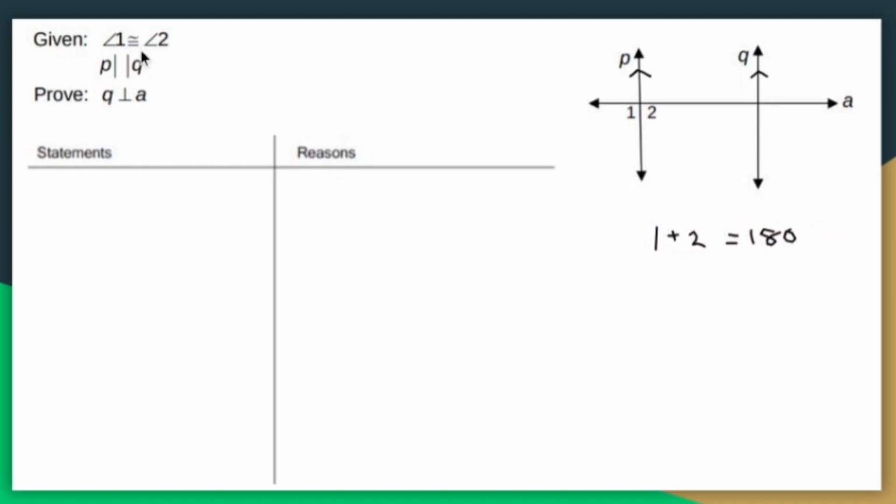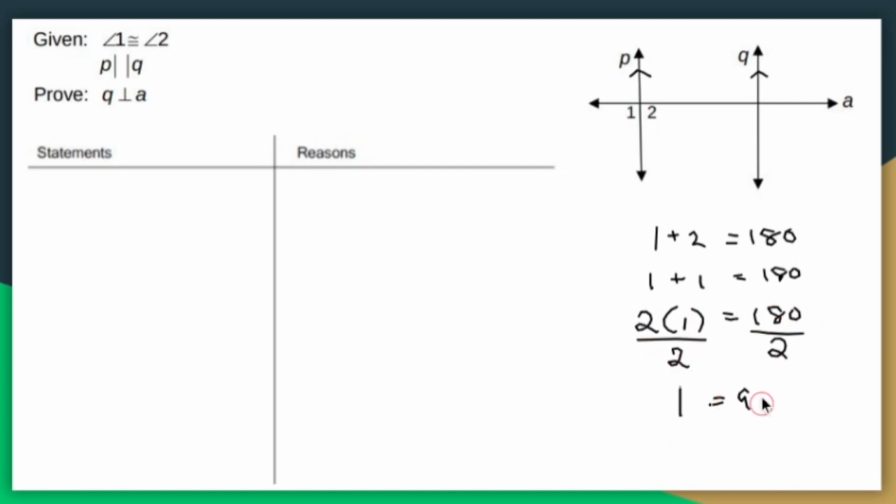I'm also told that 1 and 2 are the same. So I could say 1 plus 1 equals 180, and that's the substitution property. If I combine like terms, 2 times angle 1, I know this doesn't look right, but this is a rough draft and I know what I'm doing. So 2 times angle 1 is 180. Divide both sides by 2, and angle 1 equals 90, which means angle 2 is 90,